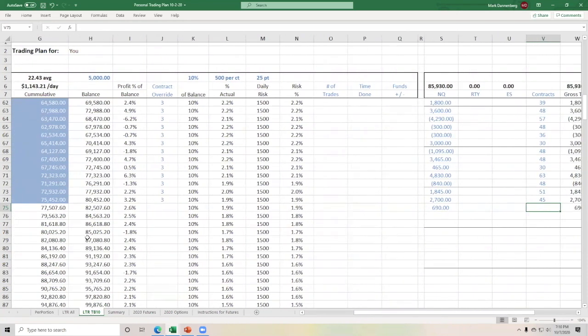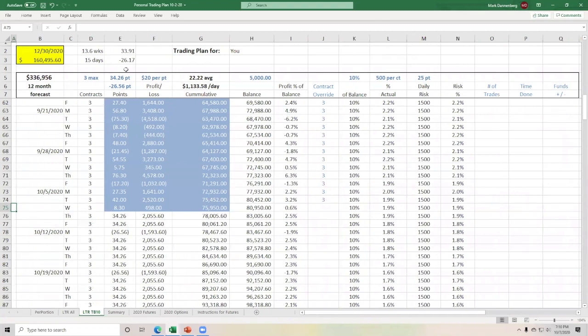And we did 16 trades at 3 contracts per trade. So there's 48 contracts that we traded today. All right, so the most important thing after we enter that data, that's the first step. After we enter that data, the most important thing we need to do is to take a look at these